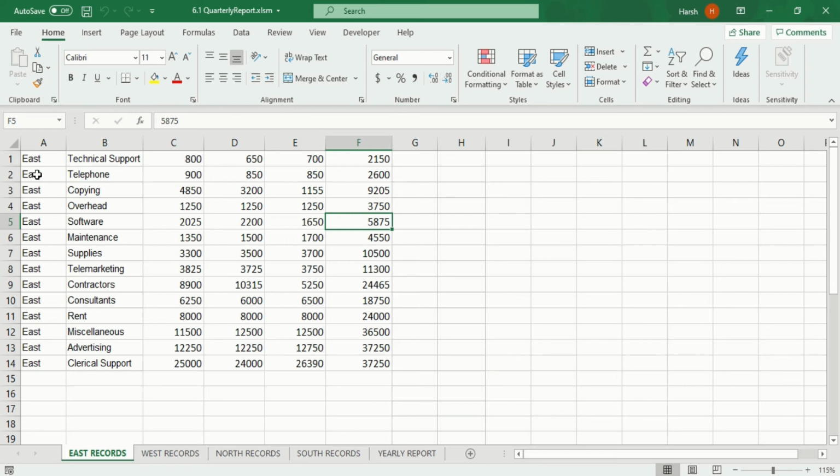You can go to my previous video and see how we can do that. After adding division, category, Jan, Feb, March and total expense, we have to format those headers. After that, we will compile from F1 to F14 and make an auto sum, and the result will be in F15.